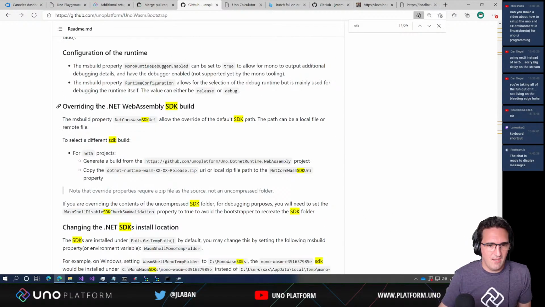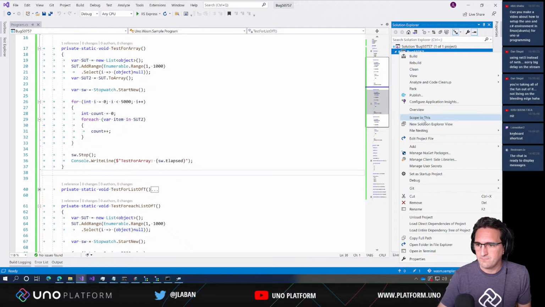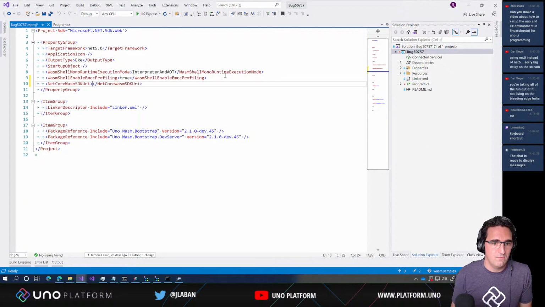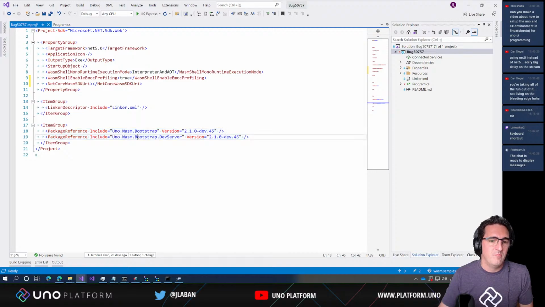Yes, exactly. So you have overriding the .NET WebAssembly SDK build. You can set that property in your application here and provide a new URL for the .NET SDK. So in general, you're going to change the version of the .NET Bootstrapper here. But if you want to do some specific changes, or if you're making your own version of the Bootstrapper,